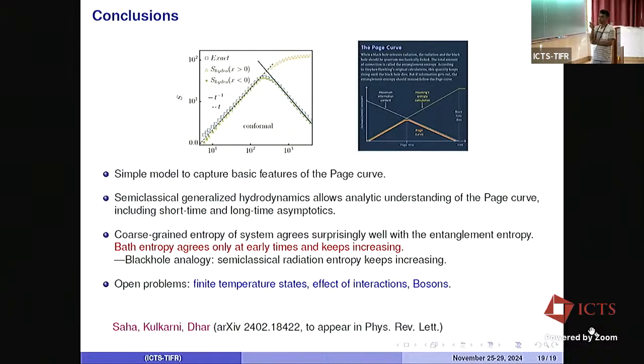Other than that, for example, if we didn't have the defect, then the entropy, for example, this linear dependence would change to a logarithmic dependence in time, which is a much slower growth, and in some sense that is more quantum. So in that case the semi-classical description breaks down, and people have discussed that you need to do something called fluctuating quantum hydrodynamics to capture those features. So then the semi-classical theory doesn't work.